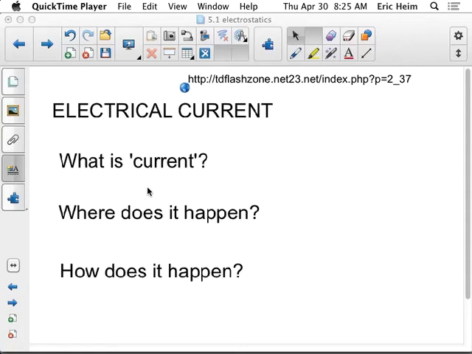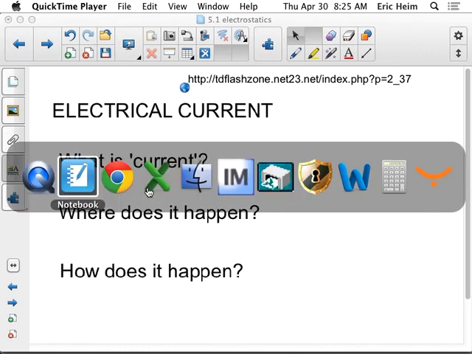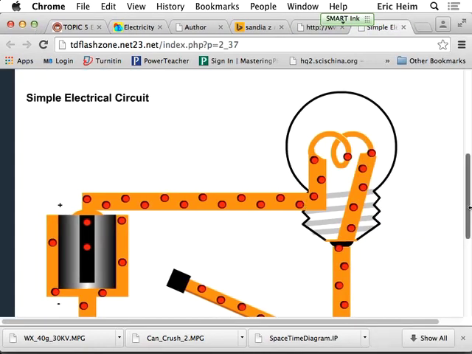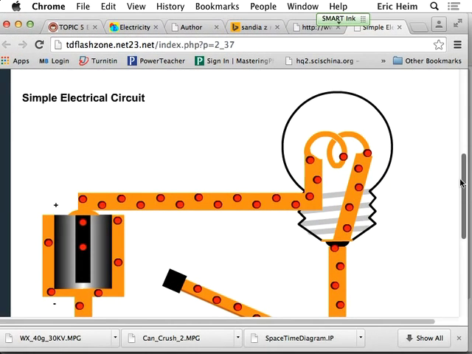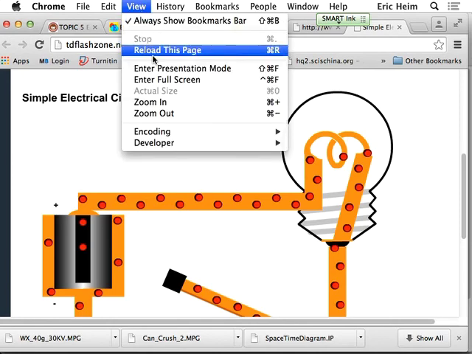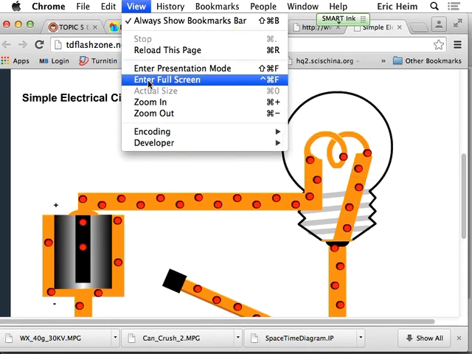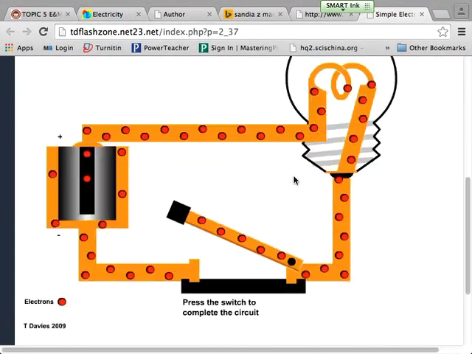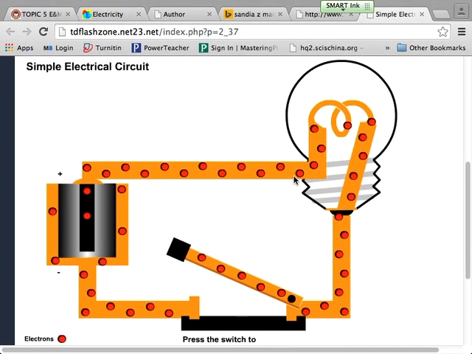Okay, so electric current. Here's a picture of a circuit concept. There you go. And this is my introduction to just the concept of electric current, a concept that is probably